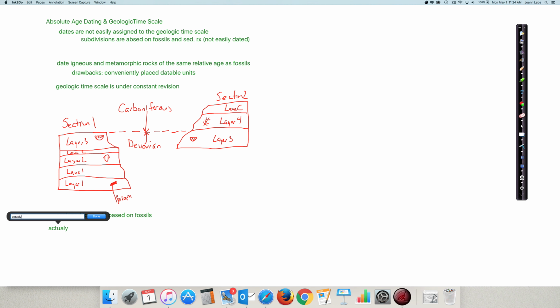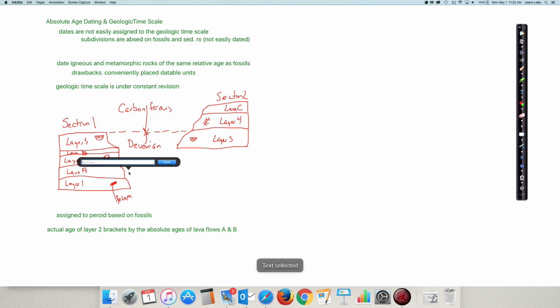Then the actual age of layer 2 is bracketed by the absolute ages of lava flows A and B. So doing radiometric dating, we know, this should be labeled A and B. By doing absolute age dating, they know lava